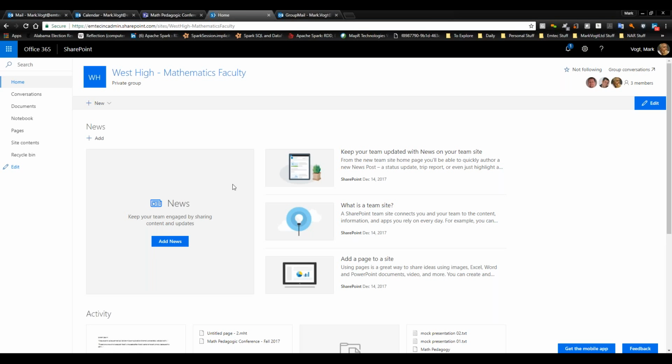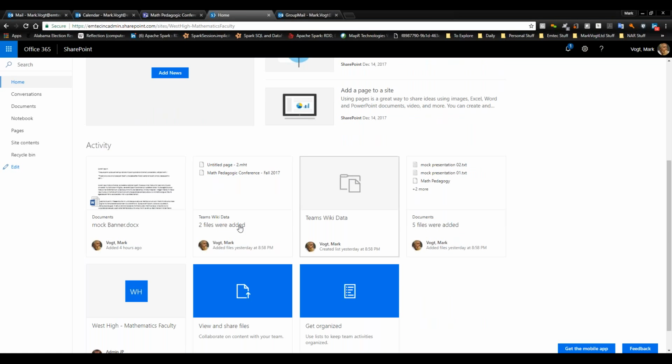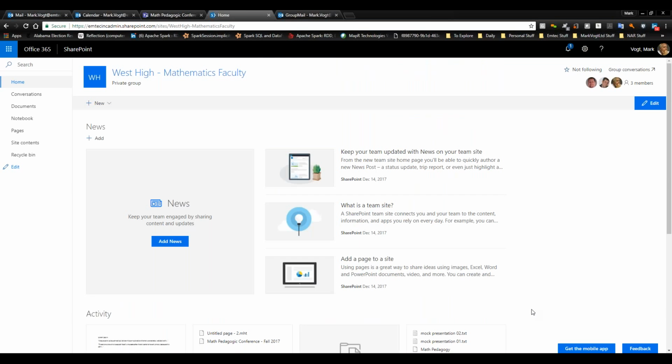It's going to float up any news that you want to add here. You're going to be able to answer additional questions. We've got automatically tracked activity of what's going on inside the library or inside various conversations. You can view and share files, and you can even add your own custom lists. So Microsoft has actually said, hey, teams are kind of static things. What they do is fluid, but the team itself is static,